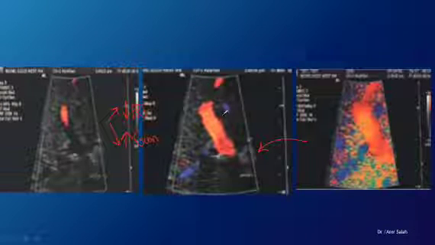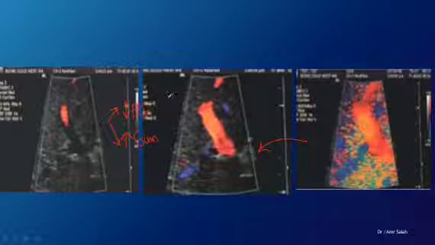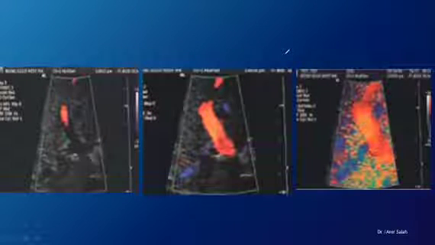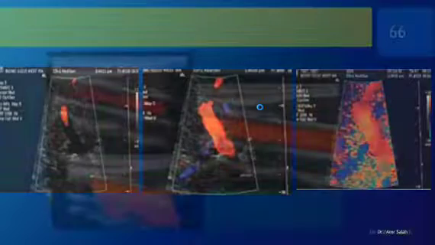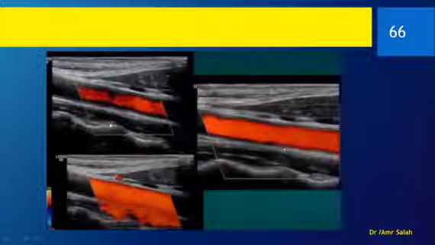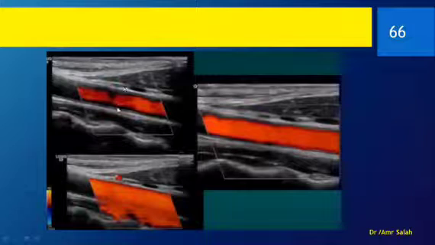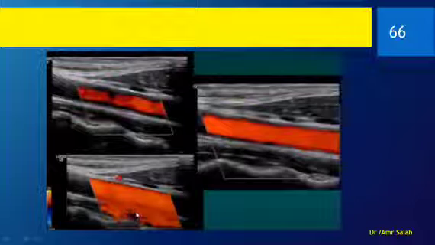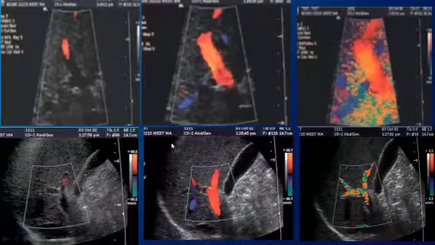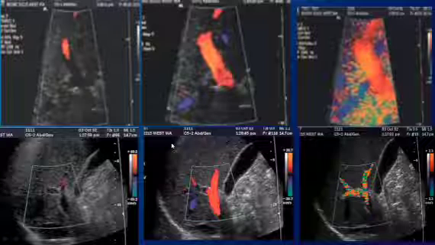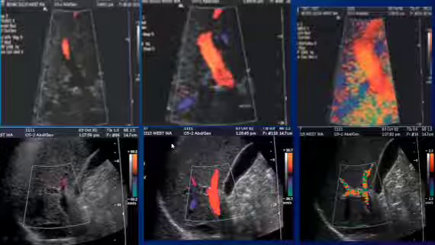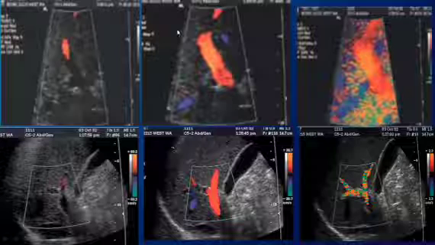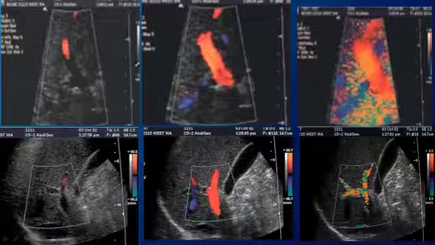Okay, to show you the variation in the velocity inside the vessel, this is what we can do in this situation. Voila. Now we see there is little gain. We increase it until there is aliasing, and always remember that the gain increases the color in all of your color box, not just inside the vessel, whilst the PRF, or the velocity, controls the color inside the vessel only.